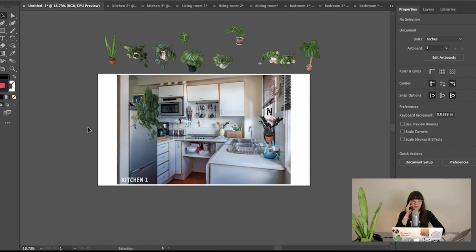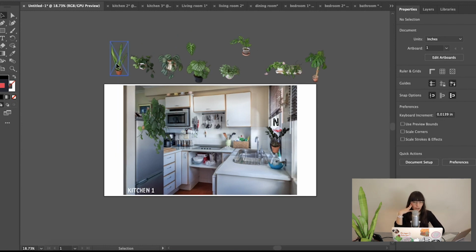So obviously with the north facing window, you don't have that many possibilities, but I think that these are both really great plants that would do well in a lower light condition. Well, you could do the Sansevieria somewhere, but I think that we don't want to load it up too much with plants. We don't want it to seem overcrowded. So let's move on to the second kitchen,